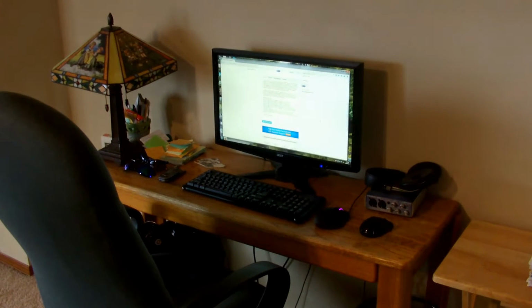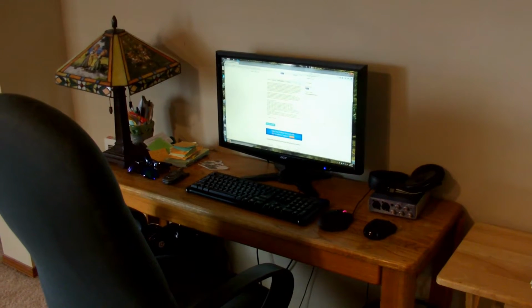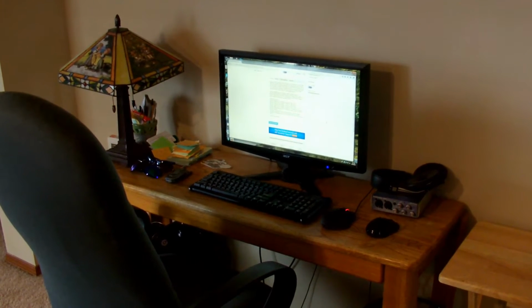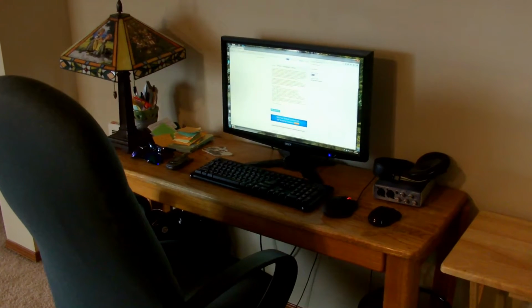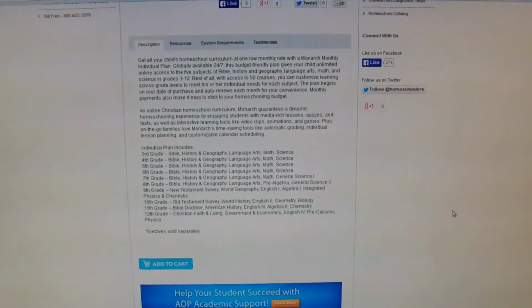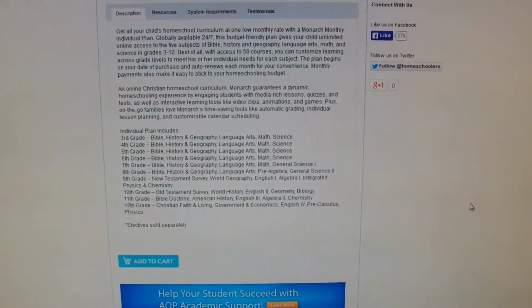Okay, first of all, in order to use Monarch, you're going to need a computer. So this is a workstation here that we have for our child to use. Okay, and now looking at the AOP